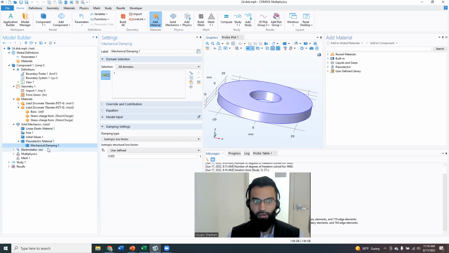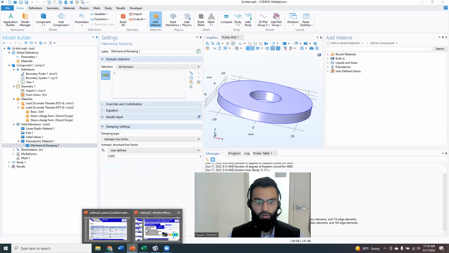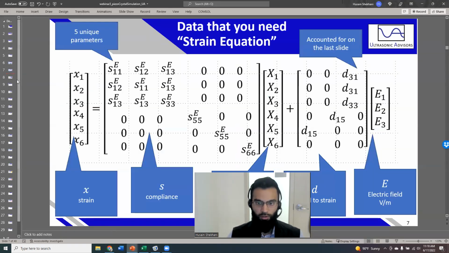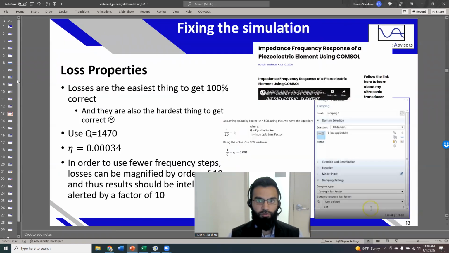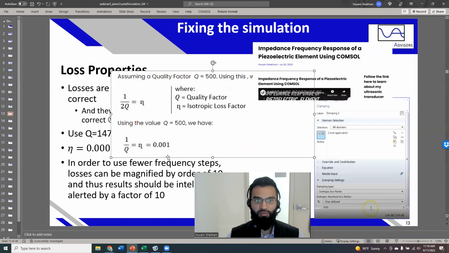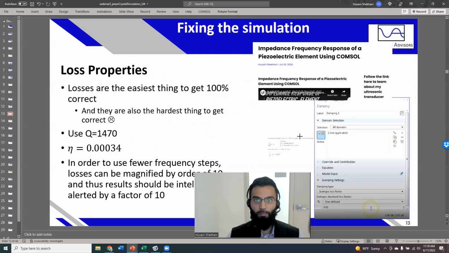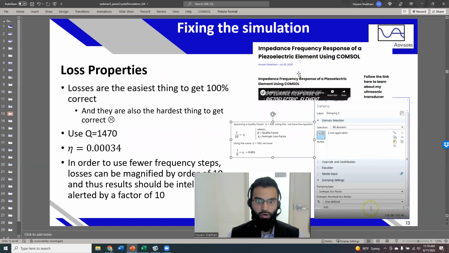You have to put in damping. So you left click and you put damping. I showed an equation here, just showing how you arrive at that damping value from your quality factor. It's in this article that I have, so you can reference that article. You can search for it on Google, and it'll show up: Impedance Frequency Response, Ultrasonic Advisors. If you Google that, it'll be the first hit. So you're actually able to calculate